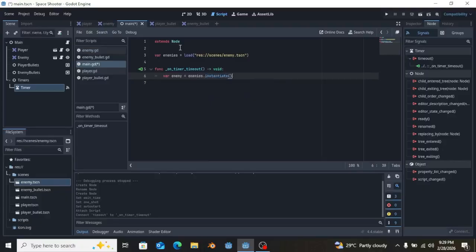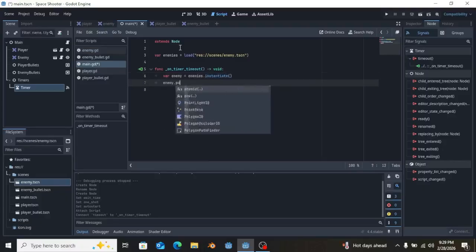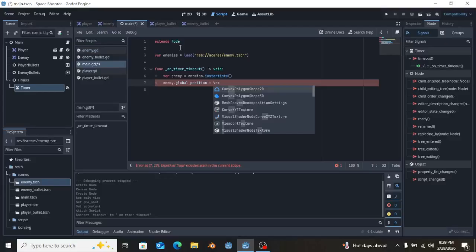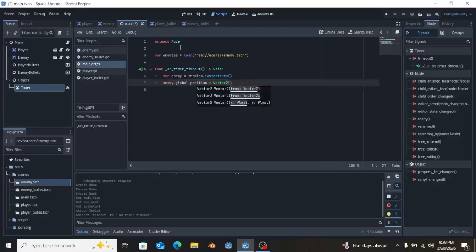So let's say you are making more complicated games in the future, and you obviously are going to be adding maybe pickups that the player can pick up. And I'm going to talk briefly about this, but we are not going to go deeply into that. Global position, let's set it to a Vector2. For our x position is going to be,